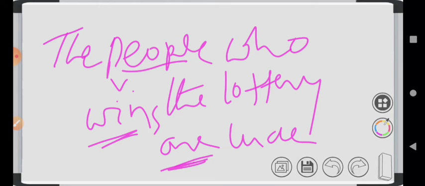You should observe that also. That is more important while writing the relative clause, my dear students. It is a defining relative clause. The people who win the lottery are lucky. We should use are. If you write is, it is a wrong sentence. If you say wins, it is a wrong construction, my dear students.